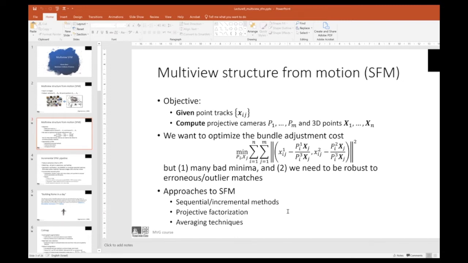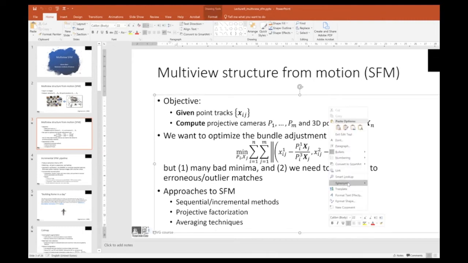Usually, in most methods, we want to optimize a bundle adjustment cost of the type that is seen here. So given the projections of the three-dimensional point,